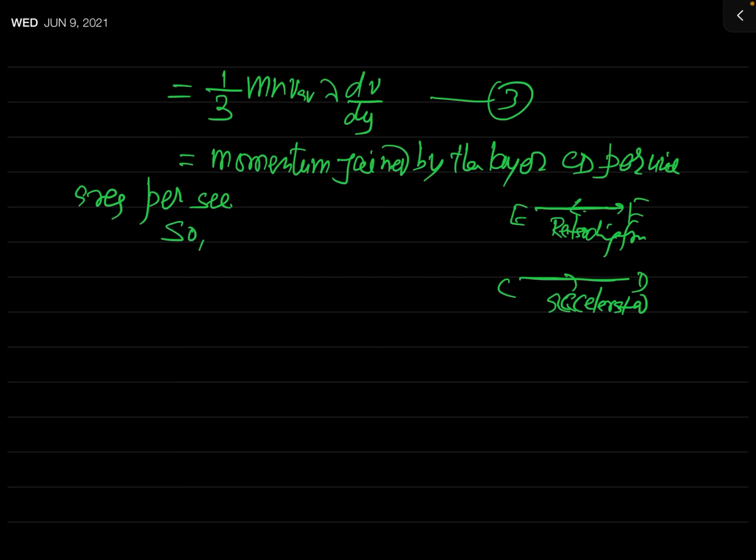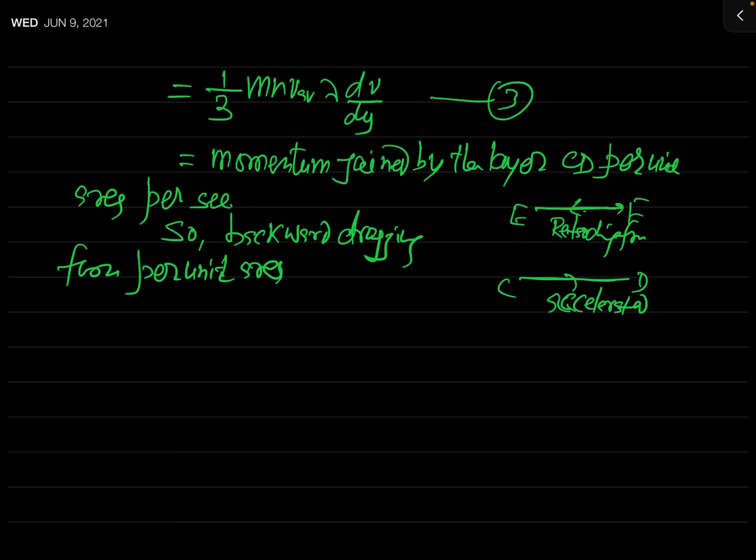So from the second law of motion, the backward dragging force per unit area